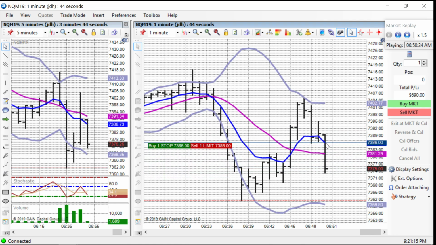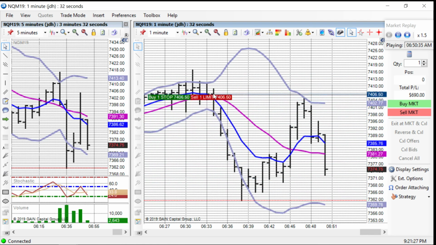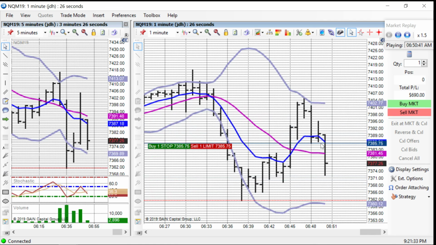In real life, I decided you could make a successful short trade right here. And if we looked at the larger market, that's a big 1, 2, 3 pattern, if you want to look at it as a huge pattern here. So that would have been a successful short trade, but